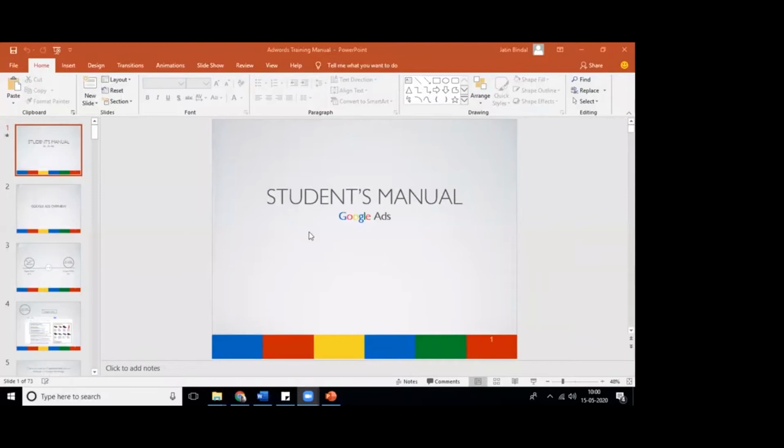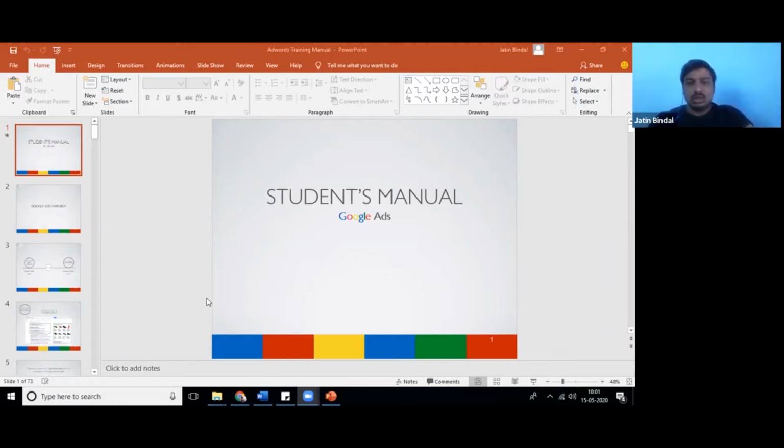Hi guys, I hope you can hear me and see my screen. If you can do that, then press one into the chat box quickly. So most probably everyone can hear me. Let me start and ask you, do you have any doubts about the previous session that we had yesterday? Any question? Otherwise, we can go ahead. Press two into the chat box if you don't have any question, anything you want to ask. Okay, so no one has any doubt.